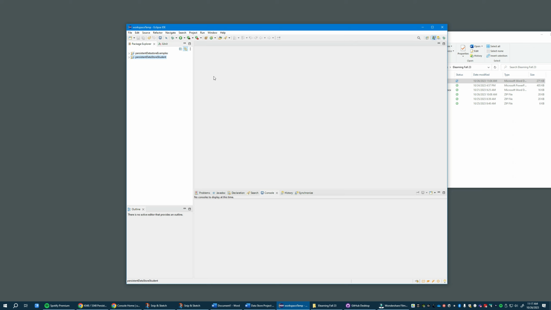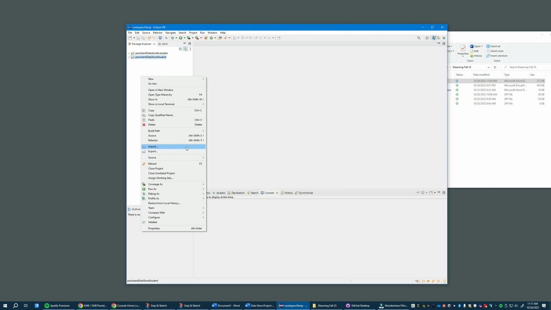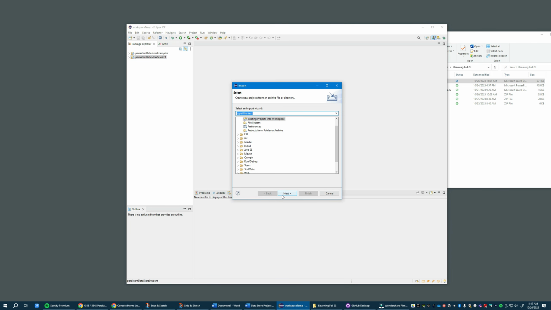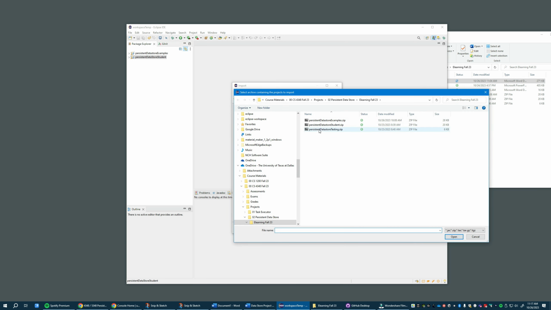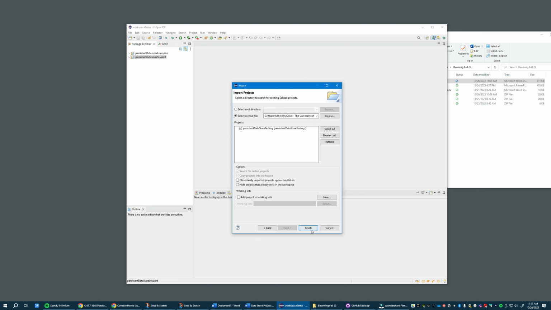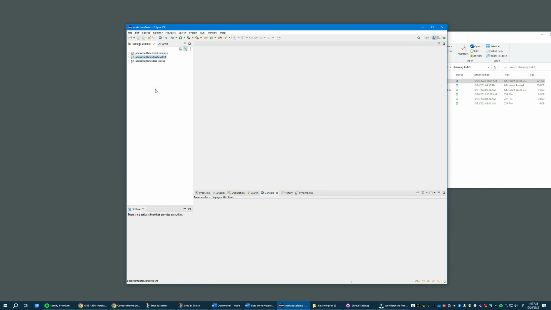And then finally, you could also just import from here. Existing, select, browse, testing, finish. Okay, so we have all three in, but there's an error that we need to fix